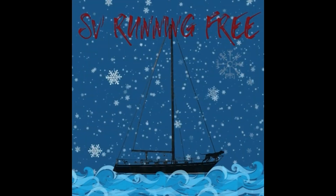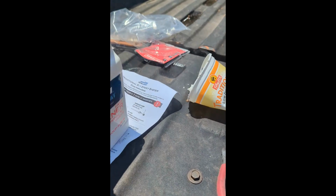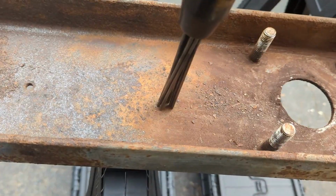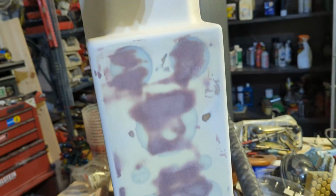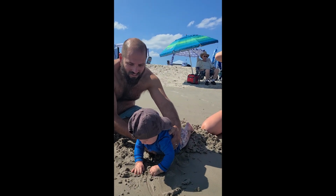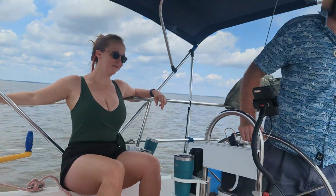Coming up, some more boat work. Found more rot, more work, taking some measurements. Been covered for months now. Still soaking wet. And a little fun. Atlas! Woo! Anyway, so we